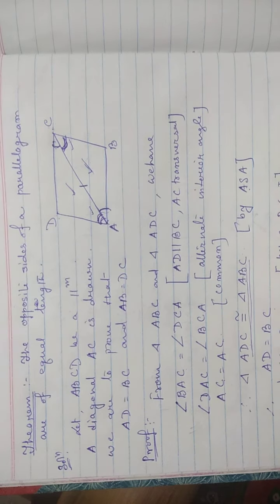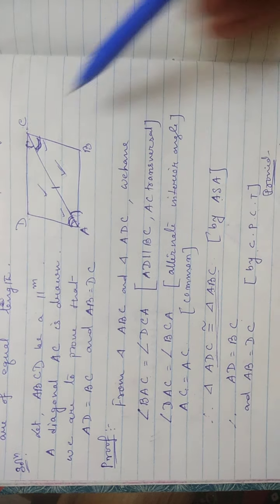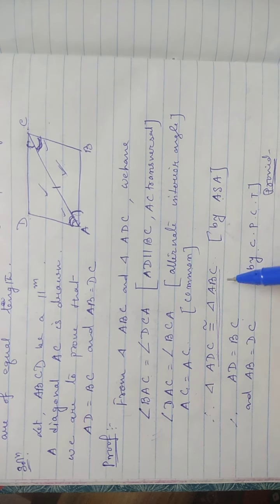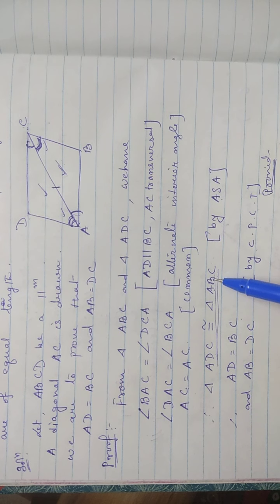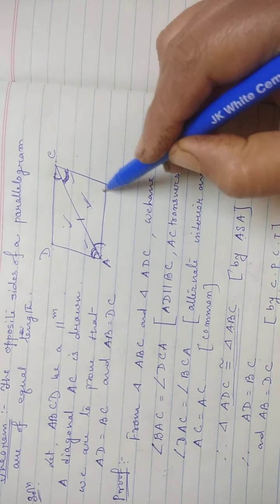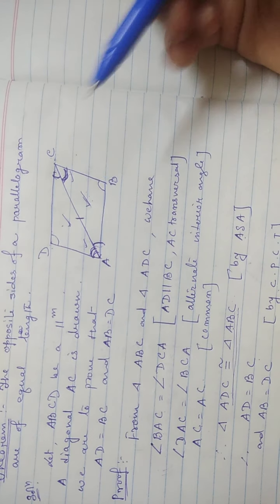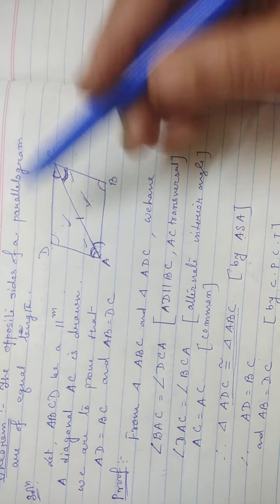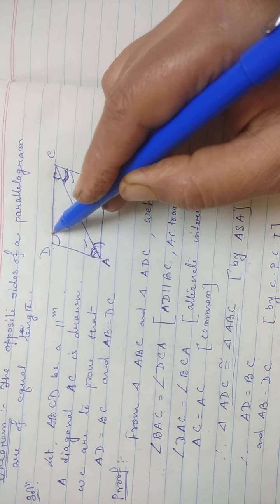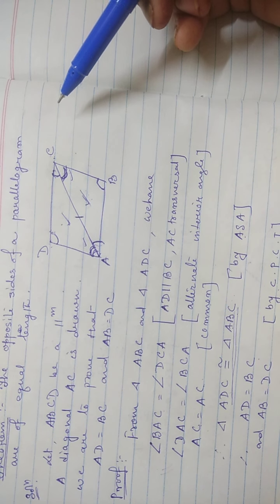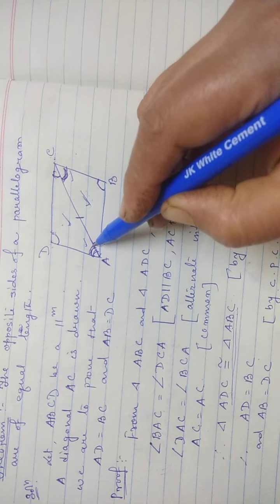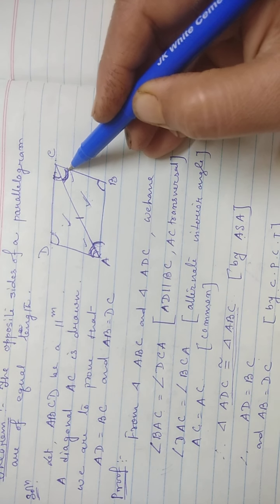This proof is also the same as this one. Clear? That is, these 2 triangles are congruent. After that, what you can say, that from the diagram, this angle equal to this angle. Why? By CPCT. Clear? Angle B equal to angle D, from this diagram. After that, you write down, similarly, we can prove that angle A equal to angle C.